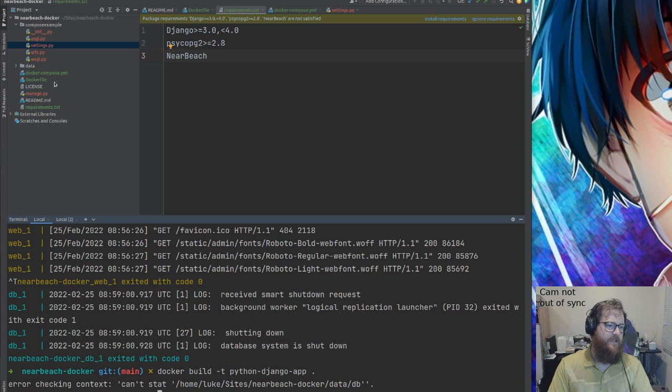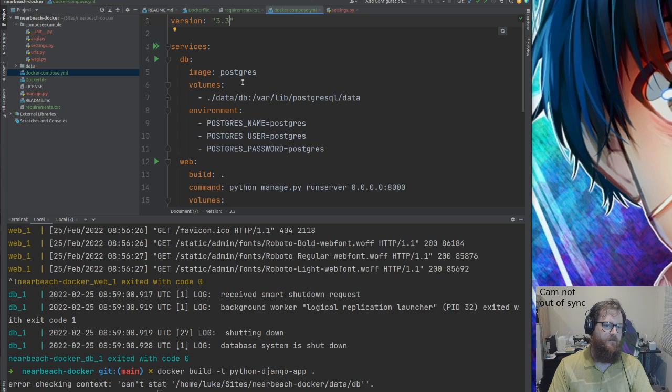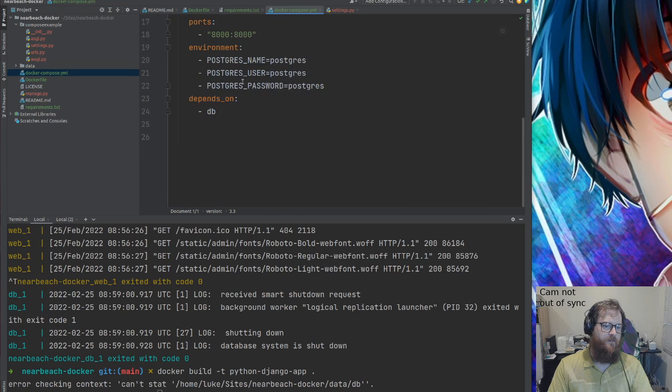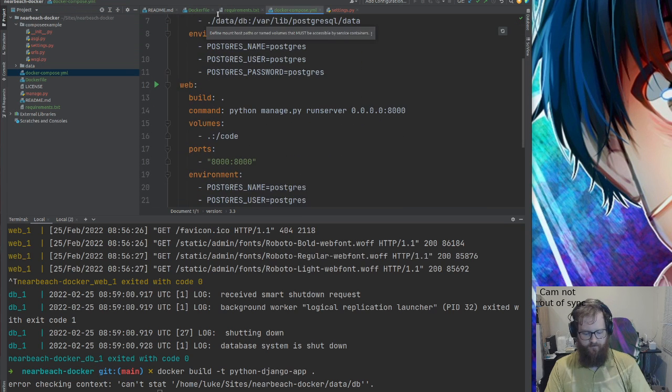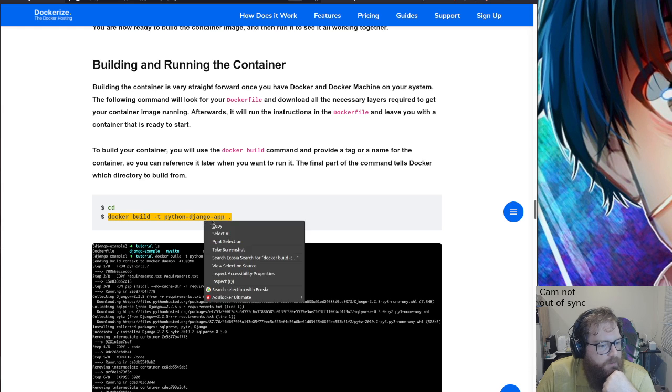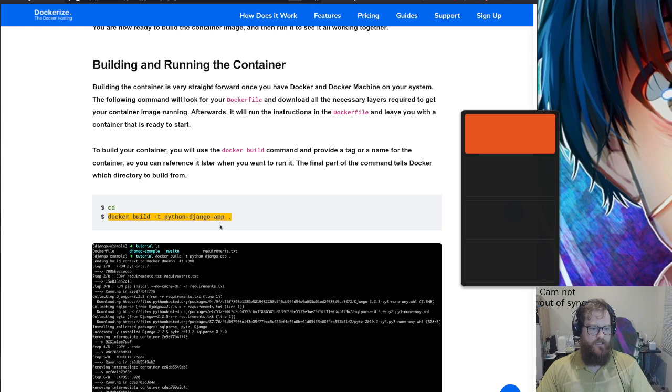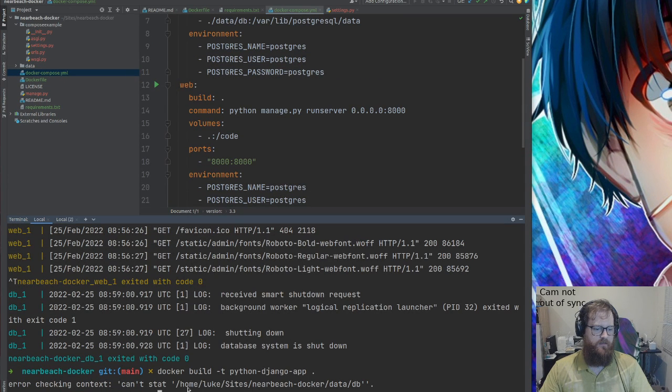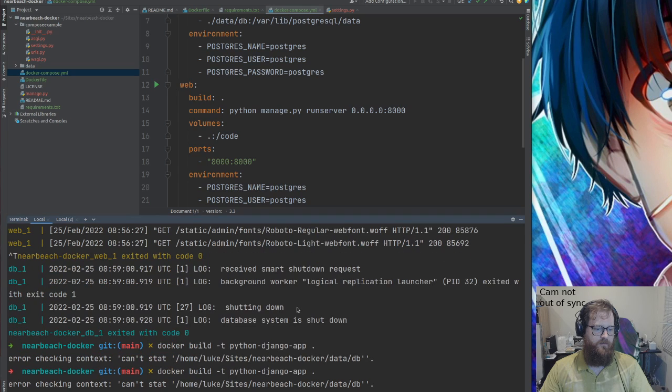Did I actually edit my Django compose? No. Alright. So this will apparently build something, but it doesn't like my DB. Error checking context, can't start. Alright, so what happens if I